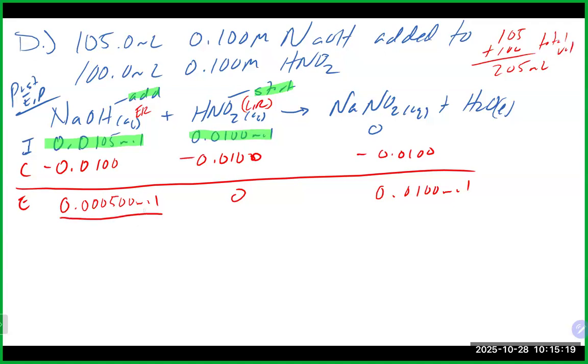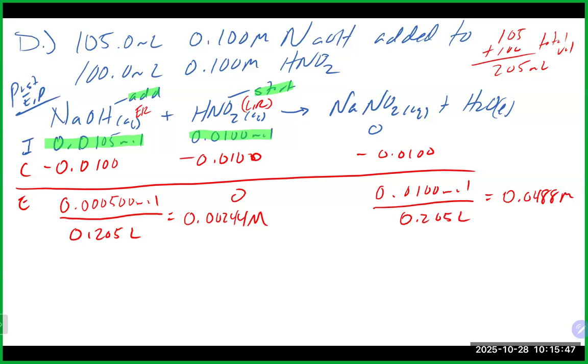We're going to divide by 0.205 liters. And we're going to get here 0.00244 and 0.01 divided by 0.205,